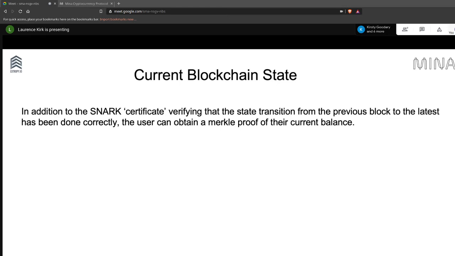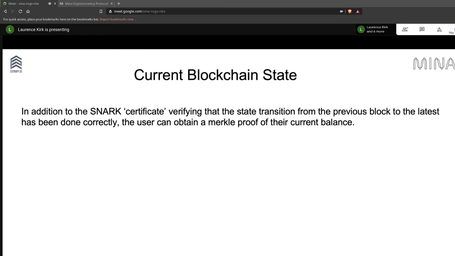Perhaps one missing point that you do need to know about: that's great for verification, but what about the current state of the blockchain? Blockchains tend to look at state in two ways. There's the UTXO model of Bitcoin, where when we look at balances, we're looking back at all of the transactions that have led up to the current person having a particular balance, all of the unspent transactions that lead up to that point, and we're verifying by going back and checking that those all add up correctly, all match. And then there's the Ethereum version where they actually have accounts, and they keep the state of accounts. And so Mina does something similar.